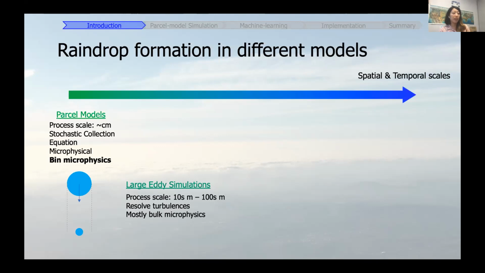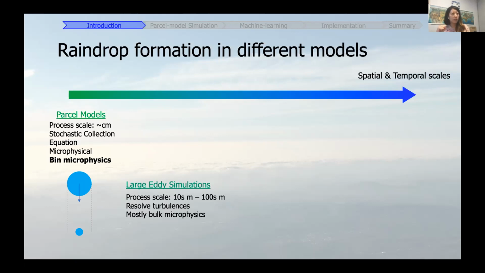And I wrote here microphysical because these parcel models often are purely microphysical, and a lot of times they don't involve any dynamical components, meaning that they're not impacted by surrounding dynamical conditions. Sometimes they do, but a lot of times no. And so the microphysical processes, or this raindrop formation process, is calculated through this bin microphysical calculation, meaning that the size